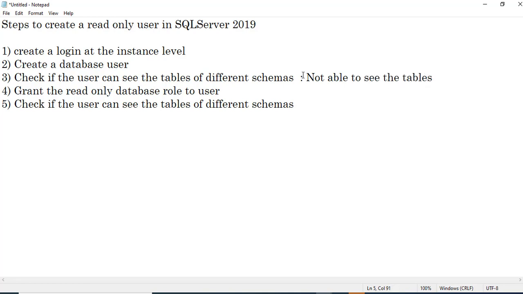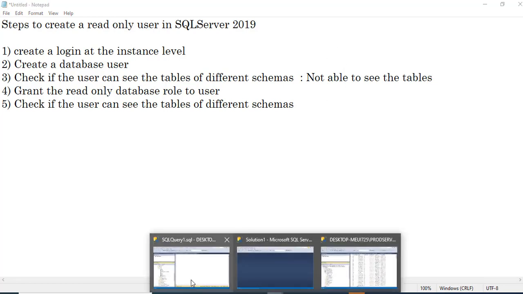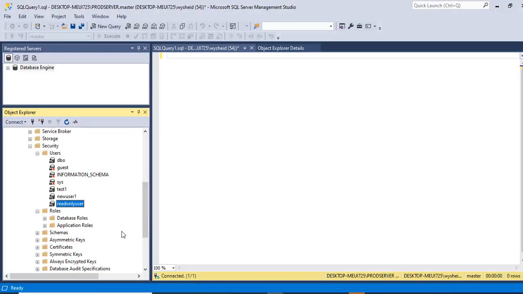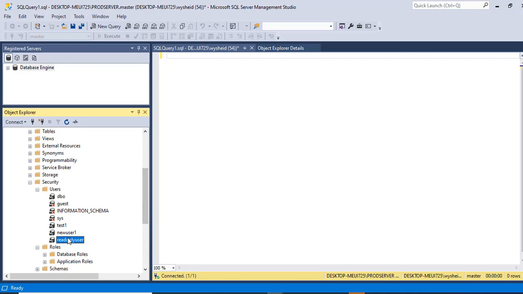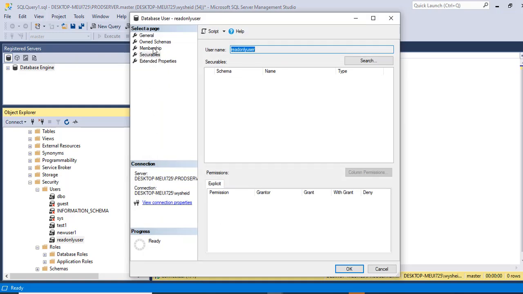Okay. The next step is to grant the read-only database role to this user. For that, we'll go to the administrative account we have connected, and then select the user again. I'll double click on this user. Here on the left-hand side you can see the membership.